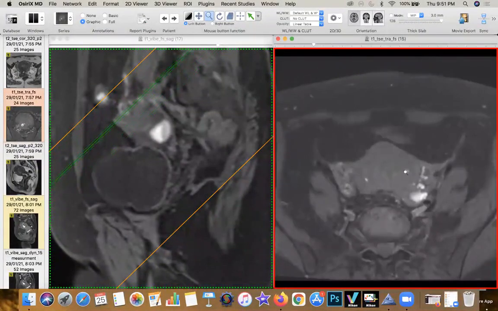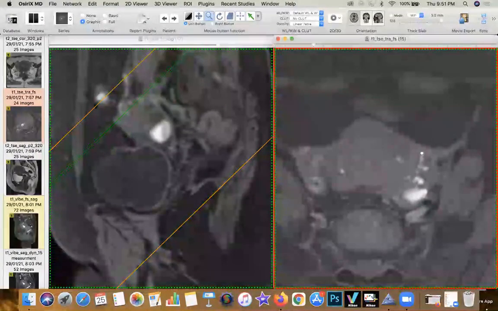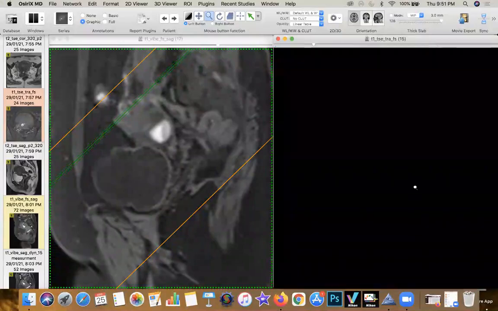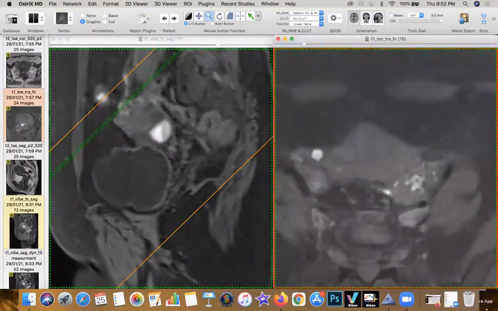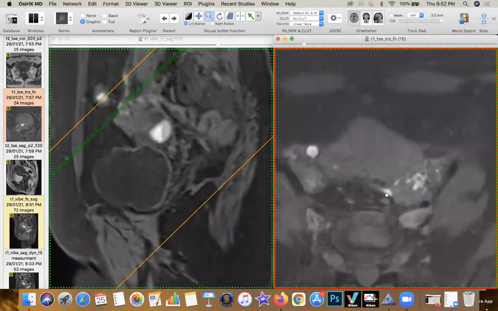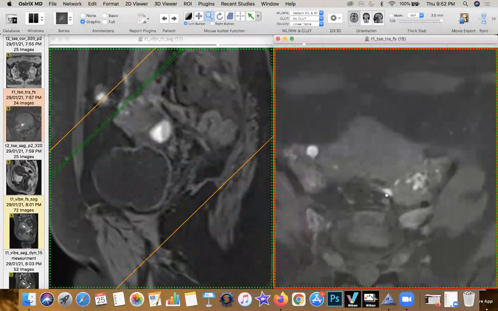I'm running upwards, and you can see how the blood has accumulated along the surface of the corpus, gone into the broad ligament complex over the areas of the fallopian tubes, and is now sitting on top of the ovary and also along the peritoneal reflection along the posterior surface of the corpus. This is a classic imaging finding, which we call endometriosis in a prior surgical tract secondary to a uteroperitoneal